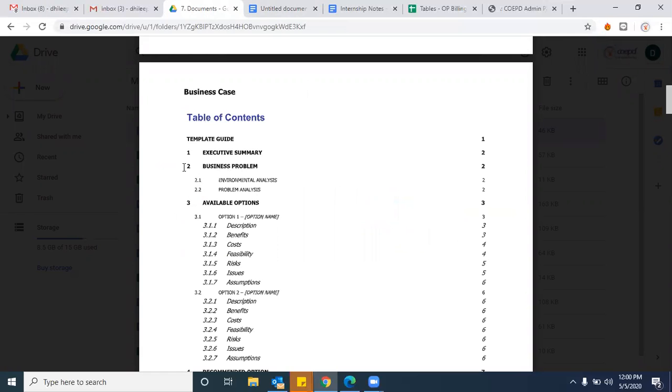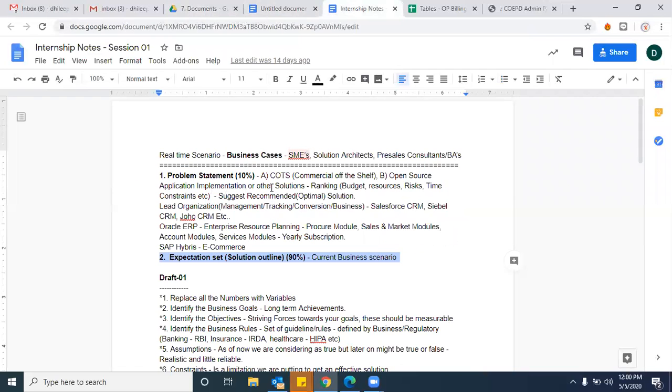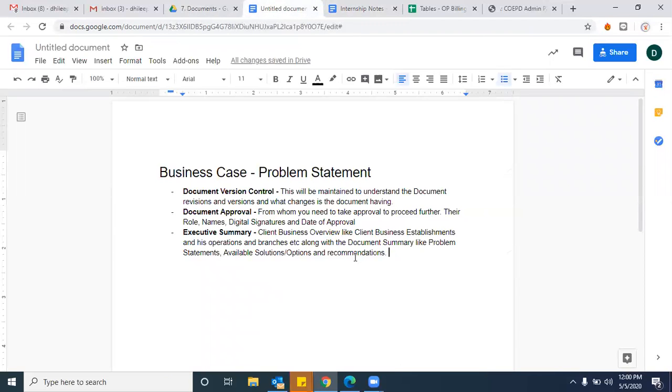Once you discuss the business problem, then you get into the available options. Already we discussed all these elements, but still I'm revising it. After discussing the business problem, you'll come up with available options. Already I discussed here, right? Available options. So after the executive summary,